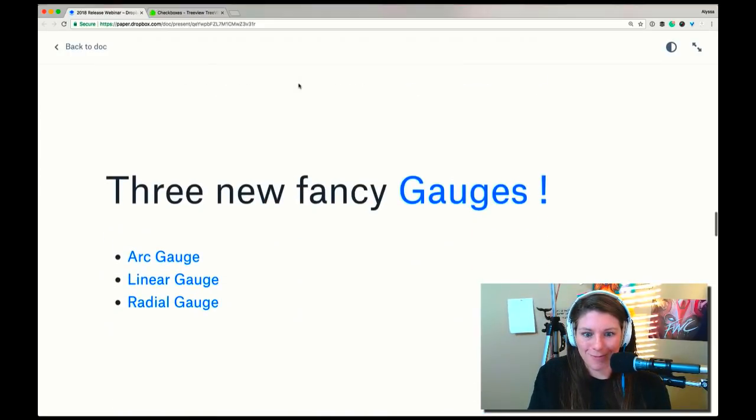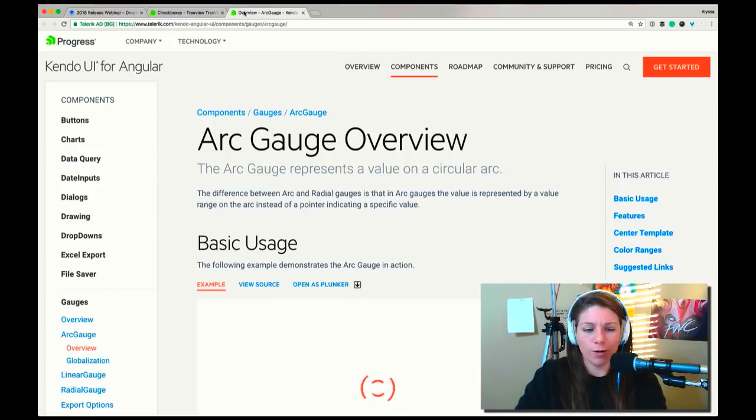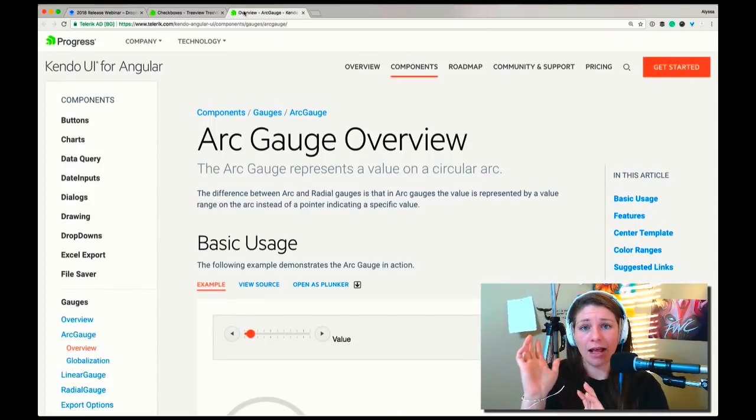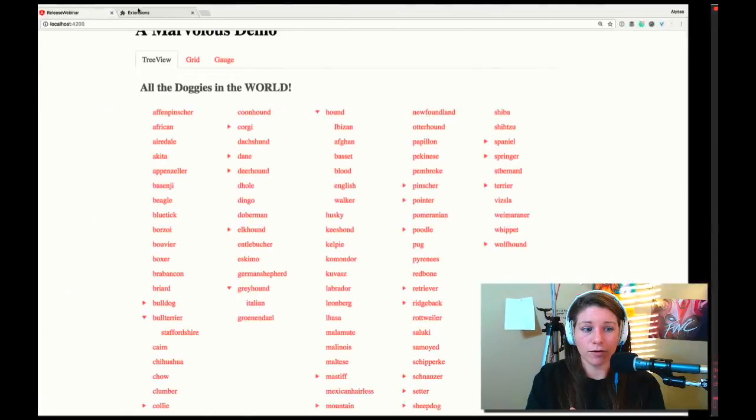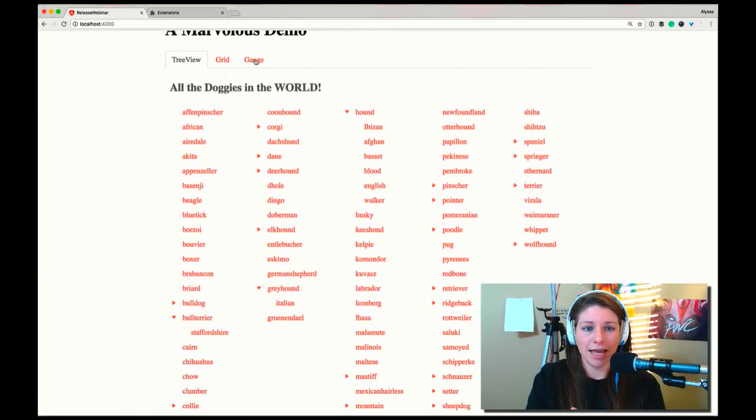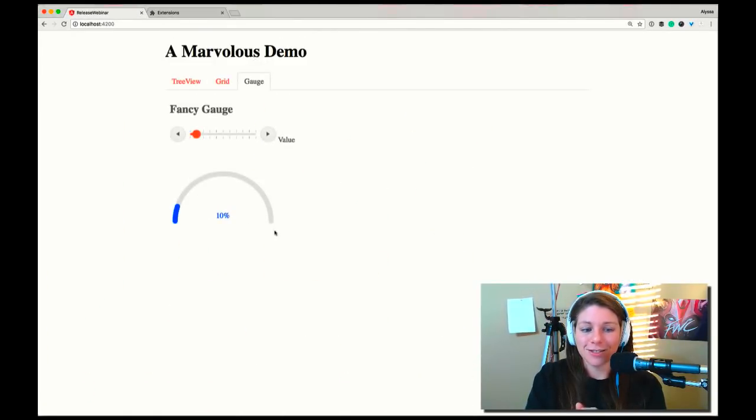Super awesome. Okay. New fancy gauges. We've got 3 of them. I'm pretty sure the arc is the one, I'm going to click on this, open up the docs, is the one that I went ahead and threw into our project. There are 3, like we said: the arc, linear, and radial. And if we go back over to our project and click on gauge, here's the beautiful gauge. And inside of the component,